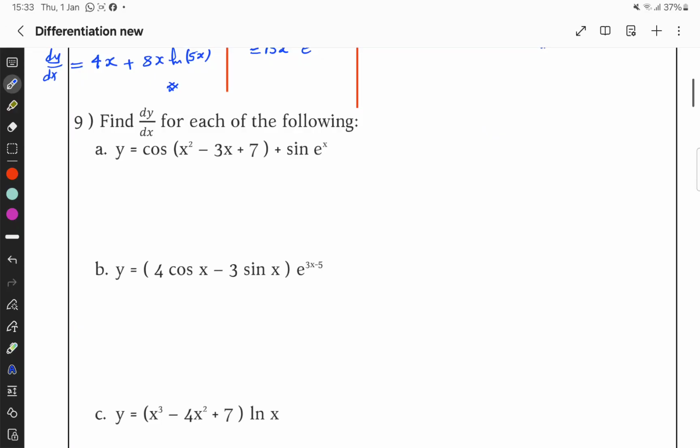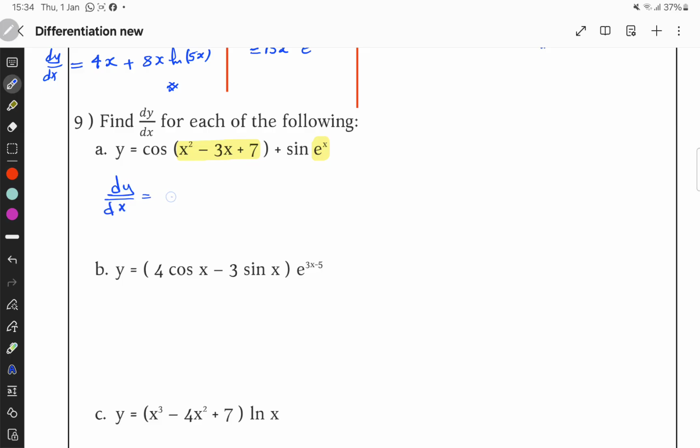Next question. We have a lot of things here. Find dy over dx for each of the following. I have here cosine. All of this represents an angle. No problem. Plus sine. Also e here represents an angle, the inside functions. So we just follow the rule. No product rule. So dy over dx is equal to